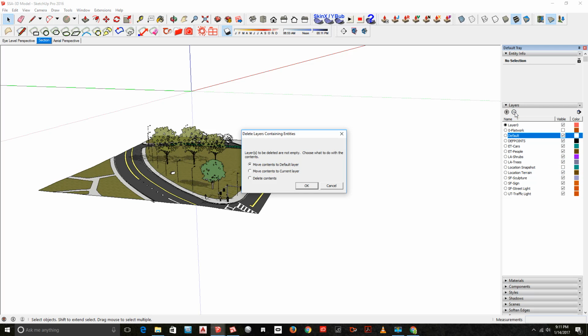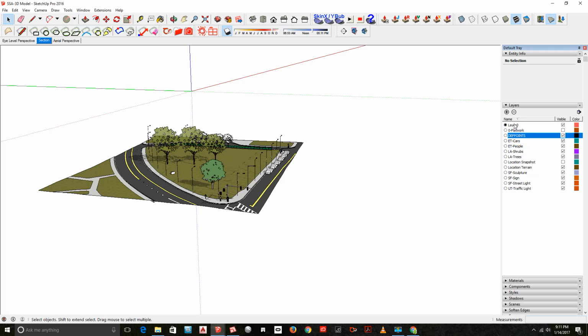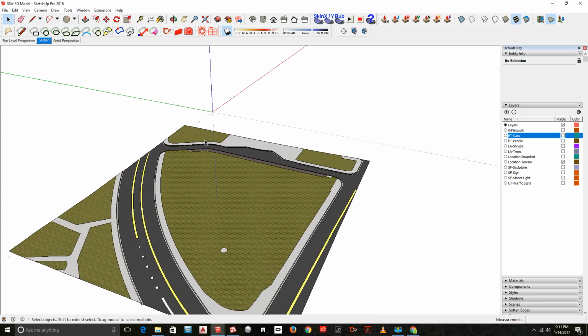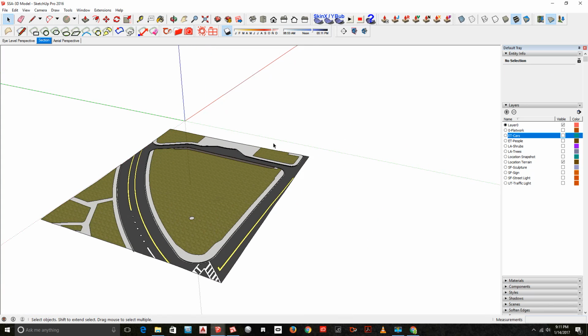Okay, default, get rid of that. Depth points, let me get rid of that. Okay, let me turn off that stuff. Let me turn off that. Turn off. Okay. So really all I want is that to be on, and what I'm going to do